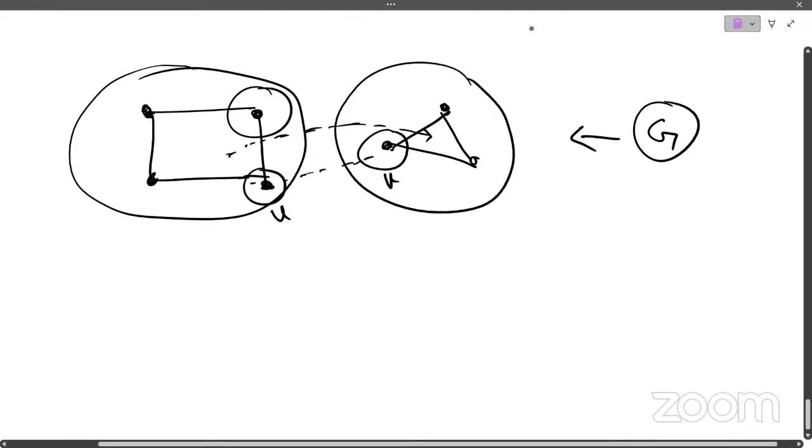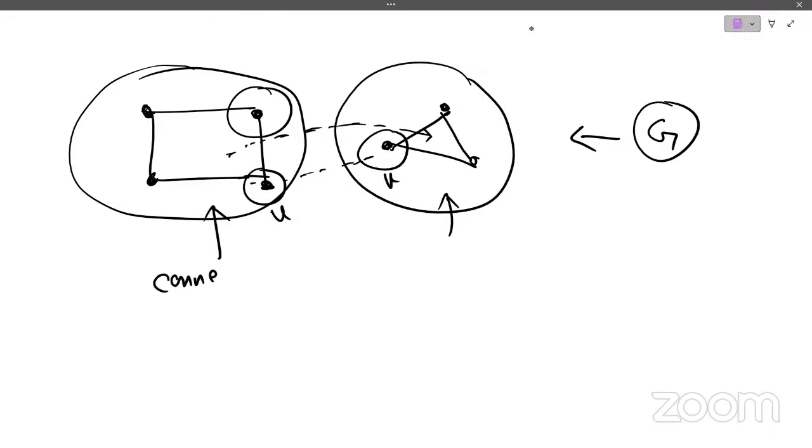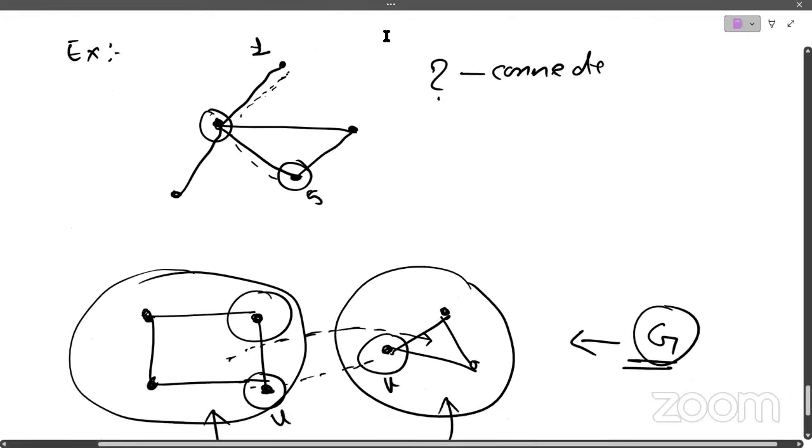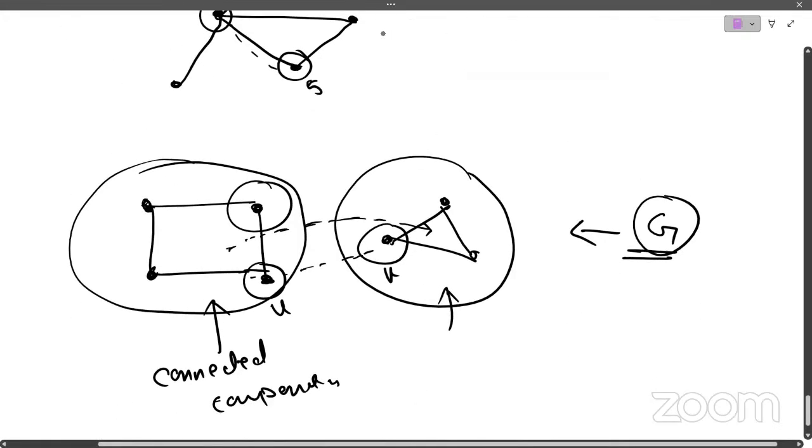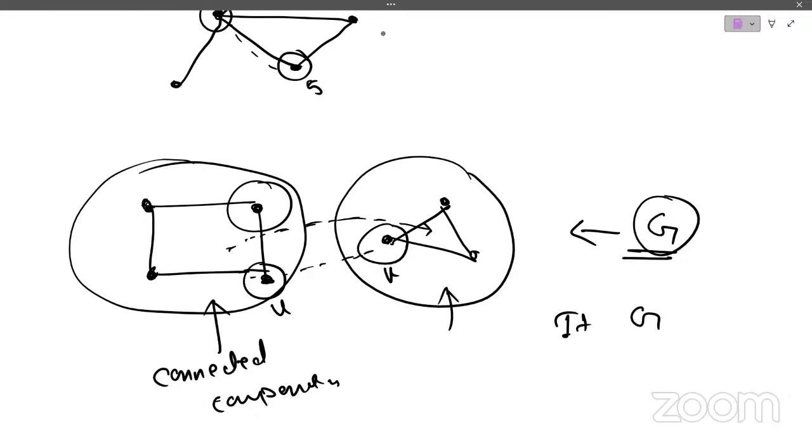So here you observe that in a graph, we have some connected components. This is one connected component. That means a disconnected graph can be described as a union of connected components. So we can collect all the connected components of a graph. In a disconnected graph, we have more than one connected component. So if G is disconnected, then the number of connected components